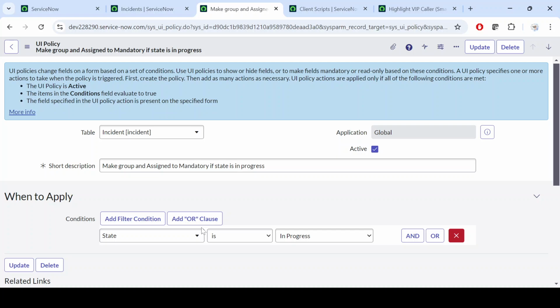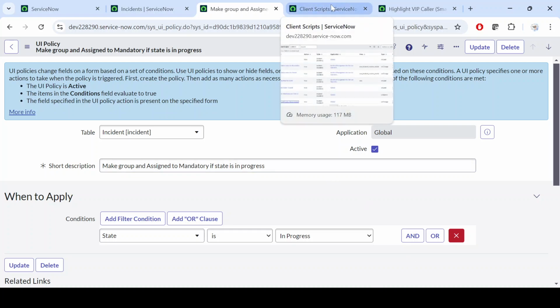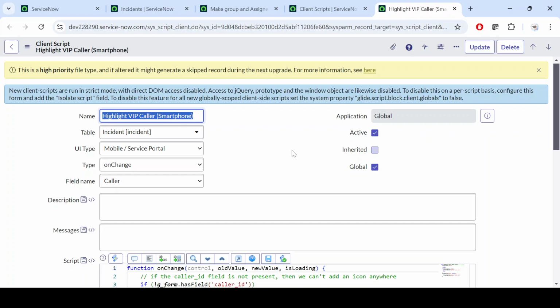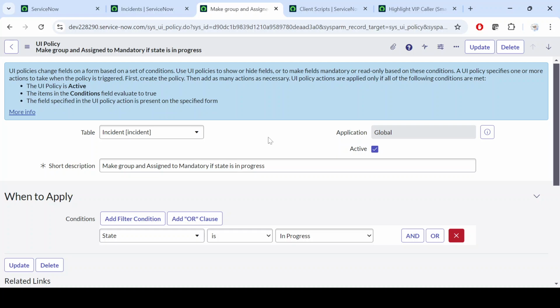If it is something which is not possible via the configuration, you have to write a script, then I would prefer to write a client script over the UI policy, right? Because anyhow we have to write a script, then why not a client script, right? A client script will run on the form, but a UI policy also runs on the form itself. But with the client script, we have a little bit more control. Based on the event, we can run the client script. But in UI policy we don't have an event,